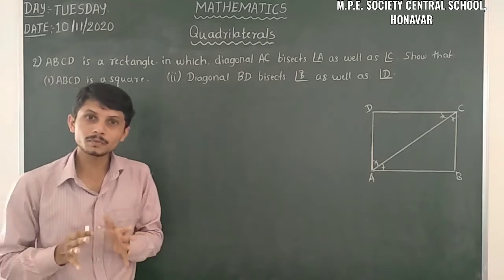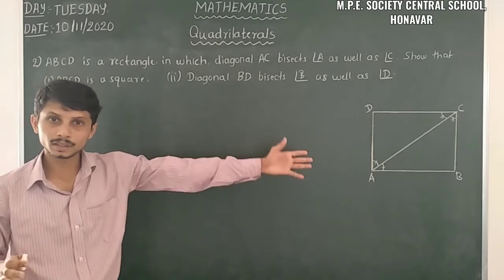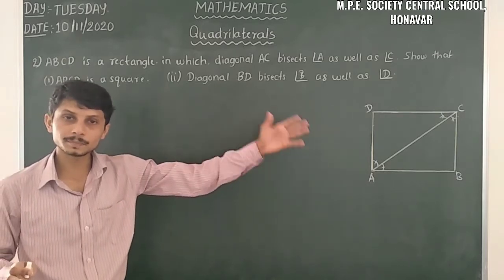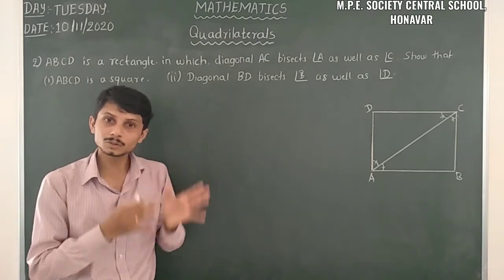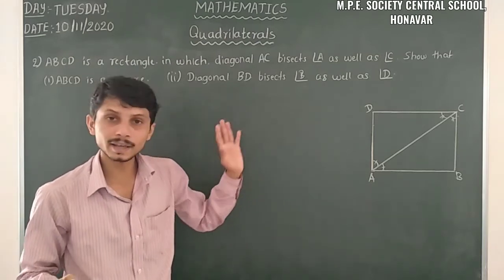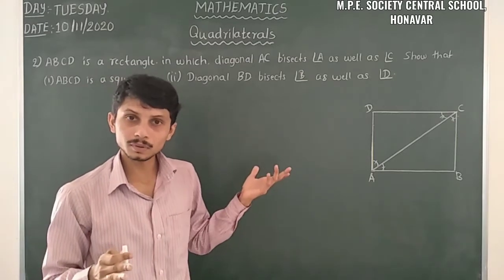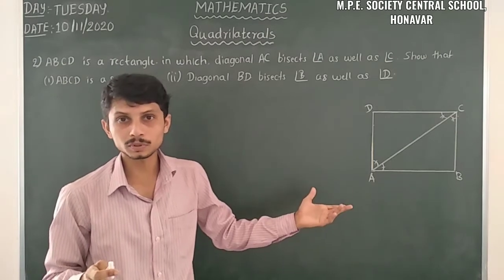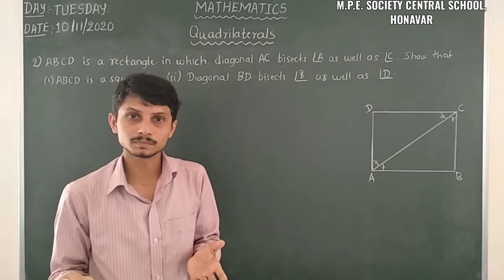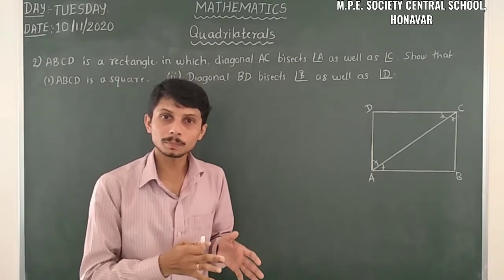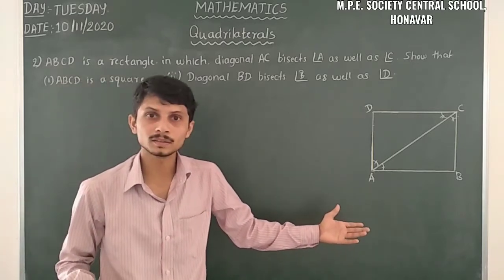It is quite simple when we know the properties very well. Here it is given that ABCD is a rectangle. What is the difference between the two? In a square all the sides are equal, while in a rectangle only opposite sides are equal. So using the given information, we have to prove that all the sides are equal. Then it automatically converts into a square. When we know all the properties, we can easily solve this type of problem. Firstly we have to write the given terms.